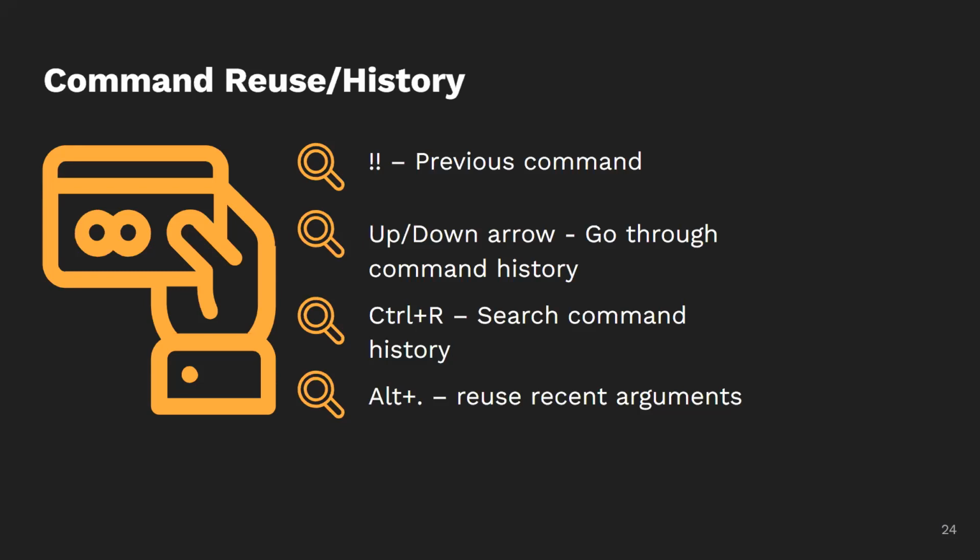Well, one thing you might want to do is use the exclamation point. The double exclamation point, very important, it's two of them in a row, is a symbol for the previous command. So if you run ls, and then the next command you run is !!, it's going to run ls again. And it'll include all of the options, all the flags, everything you ran. But a really cool thing about this is that since it's a symbol,